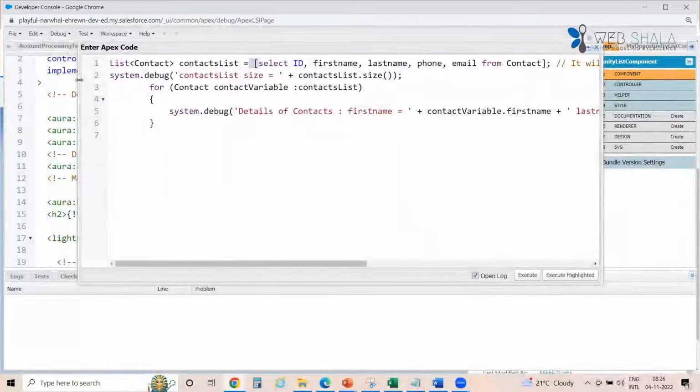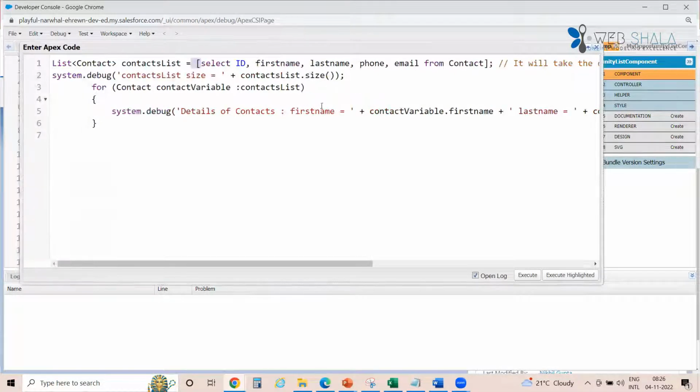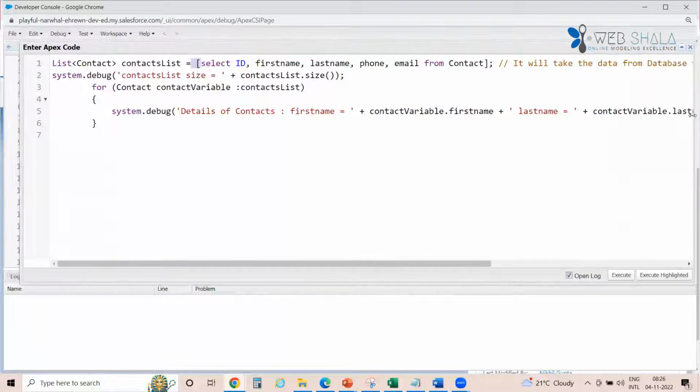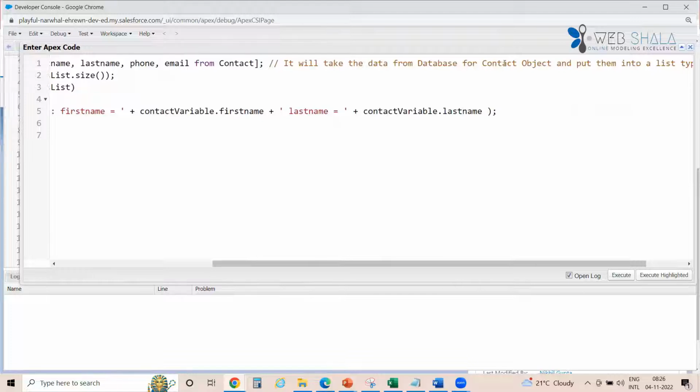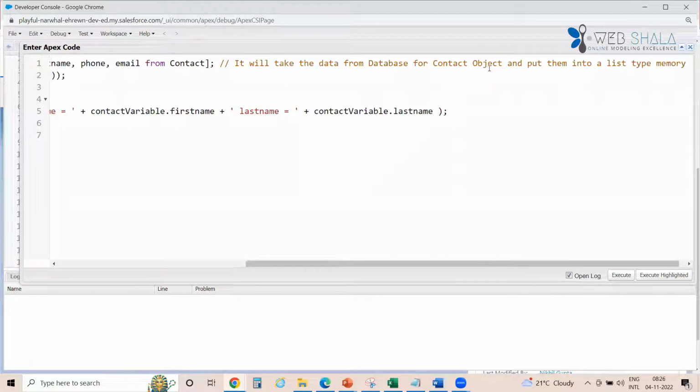The query is: select Id, FirstName, LastName, Phone, Email from Contact. What this query is doing is taking the data from the database for the contact object and putting it into